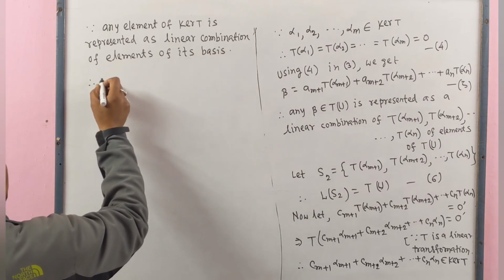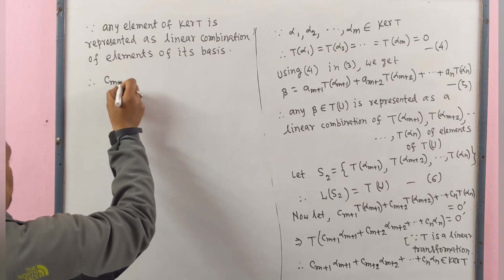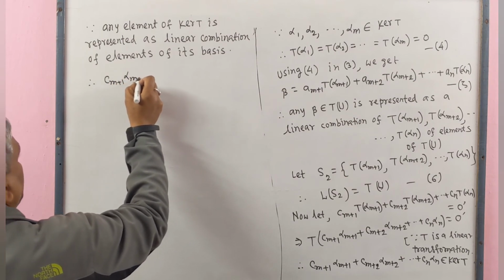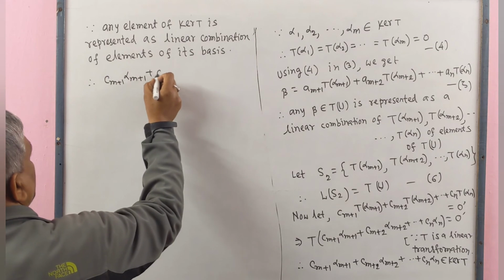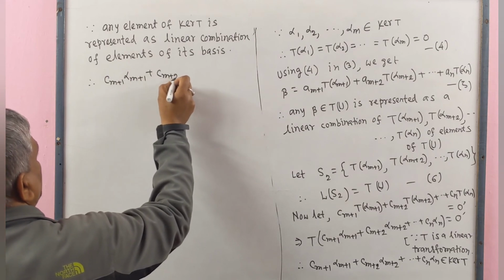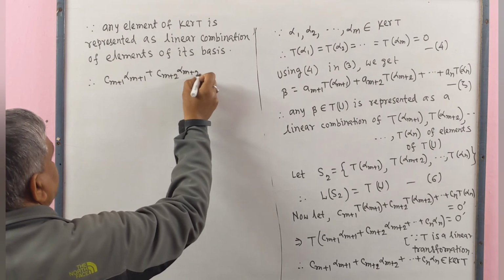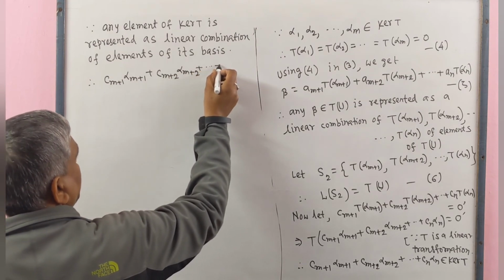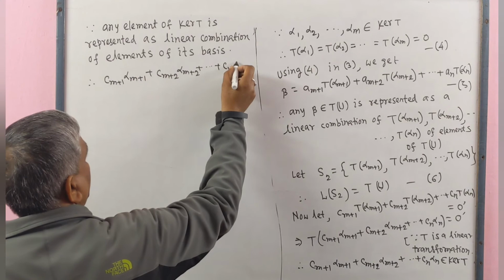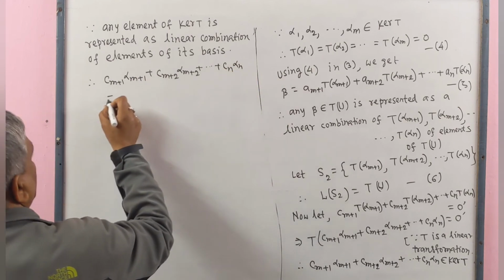Therefore, c(m+1) alpha (m+1) plus c(m+2) alpha (m+2) plus ... plus cn alpha n equals